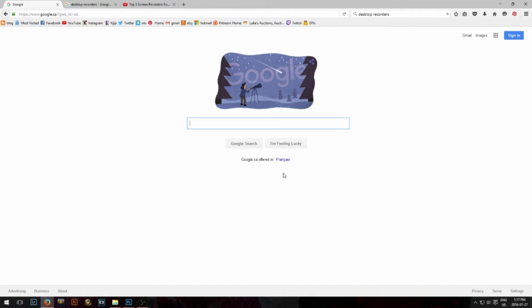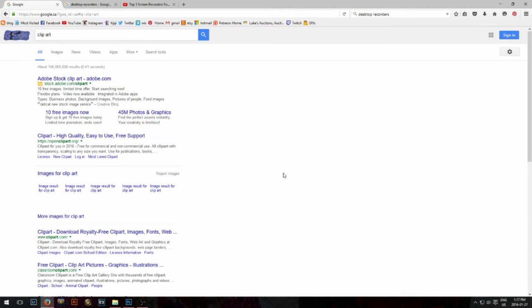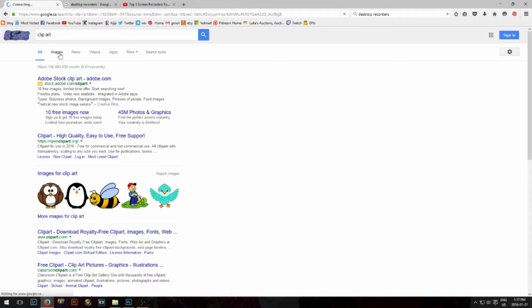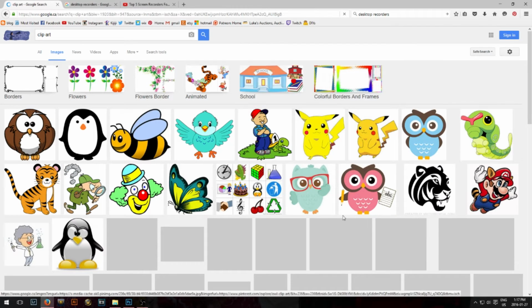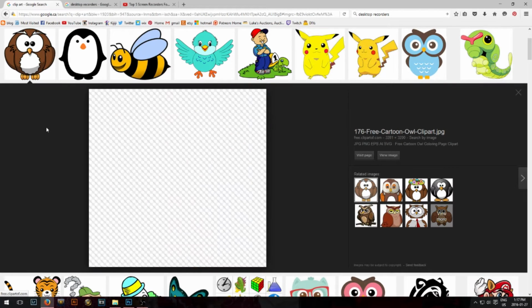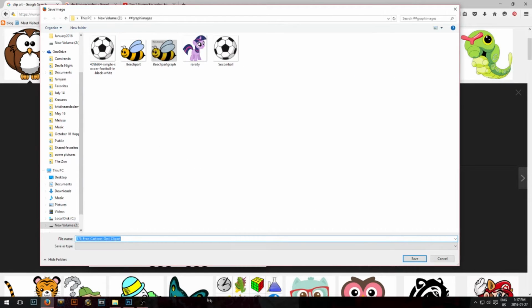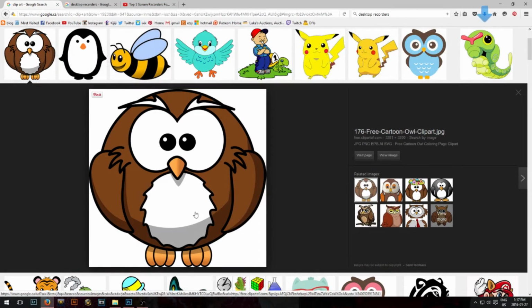So the first thing you're going to do is choose the image that you want to make. I'm just going to look for a random clip art for demonstration purposes. And I'm going to say I want this owl. I'm going to find the owl, right click, save image, put it into a folder,